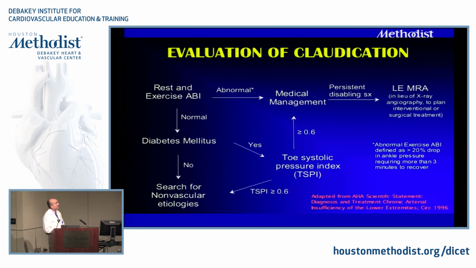On the flip side, if your rest and exercise ABIs are normal in a patient coming in with leg pain symptoms, if they're diabetic, you should do toe brachial index pressures. And then if those are greater than 0.6, then you can stop and say it's probably a non-vascular etiology. But if your toe pressure index is less than 0.6, that's indicative of this person having PAD. And then obviously, if you don't have evidence of PAD, then you can search for other non-vascular etiologies